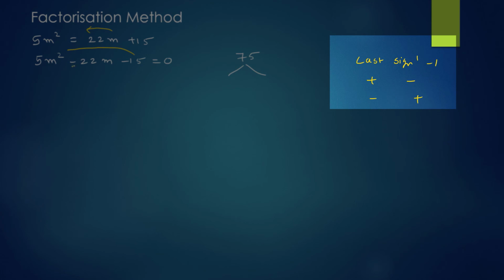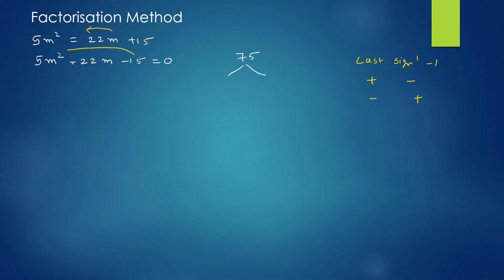Now in this sum, the middle sign is minus, or your first sign is minus, and we are using this minus or plus. The benefit of this is that you don't have to visualize which sign can come first or second. This is a table you can directly apply while solving the sum. Now again, we have to take 22 and the number is 75. If you know the tables very well, you can directly write the number, or if you are having a problem with the tables, then simply factorize the number, that is 75.